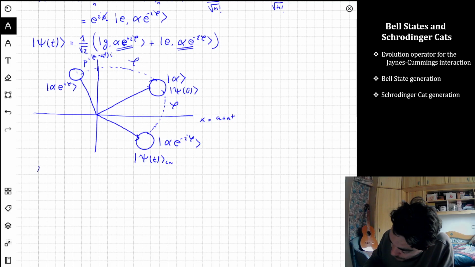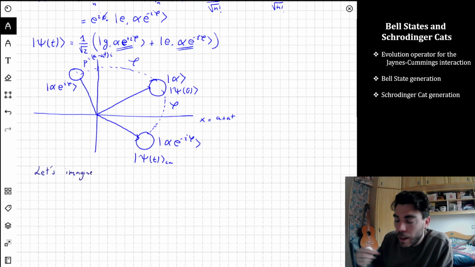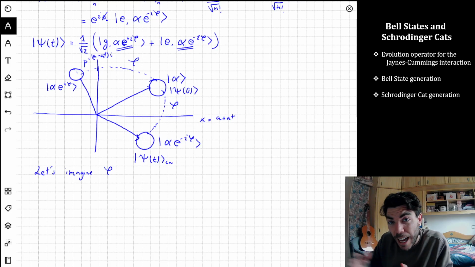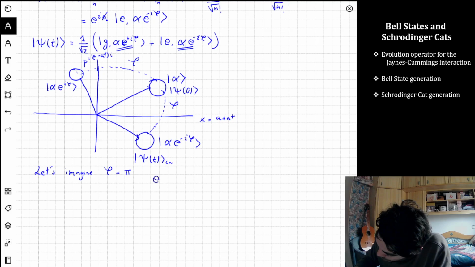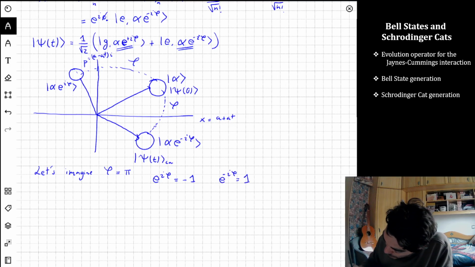So now let's imagine that we set up all the experiment and everything such that this angle phi, that depends on g, that depends on the tuning and so on, and depends on the time that you are interacting, let's make this angle to be exactly pi. So in this case, e to the i psi is equal to minus 1, and e to the minus i phi is equal to 1. So this means that the state that we have